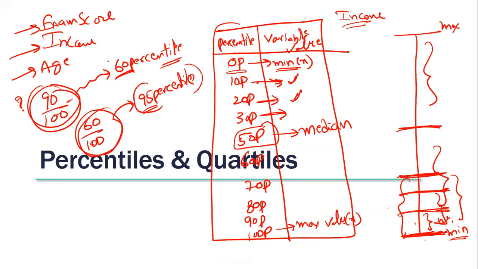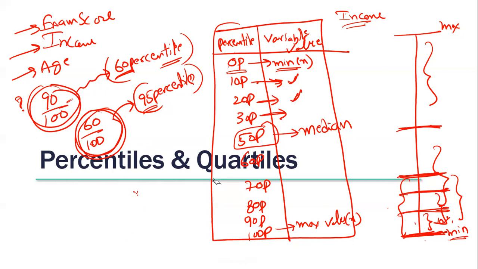This is the relative position based on the population. This is the original value. It's all relative. 60 marks, still 95 percentile. When it happens, 95% of the people got less than 60 marks, and only 5% have got more than 60 marks. When the exam is really tough, it may happen.